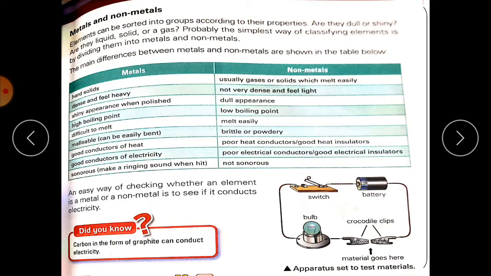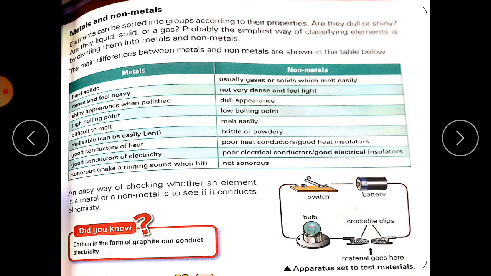Okay, now metals have high melting and boiling points because they are very hard, and the force of attraction between the particles of solid metals is very strong. The force of attraction between non-metals is not strong, so that is why their melting points are low and their boiling points are also very low, and the melting and boiling points of metals are very high. Now students,